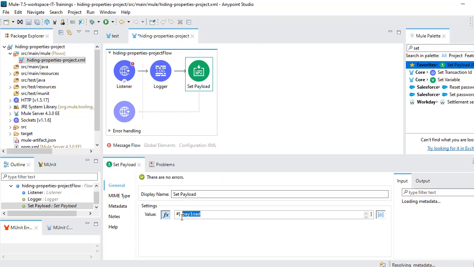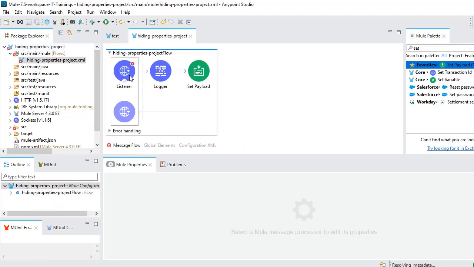Here, let's use a hard coded value. Going forward, let's see the complex scenarios of integrations and the different real-time integration scenarios. So for now, for your basic practice, we can just give this.